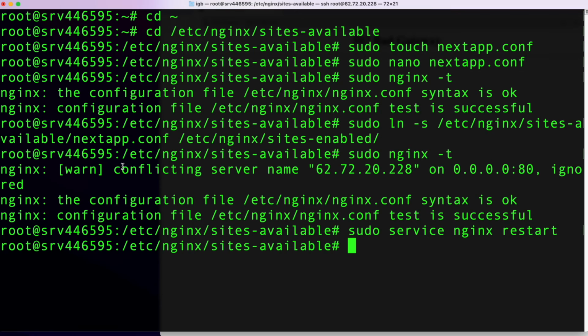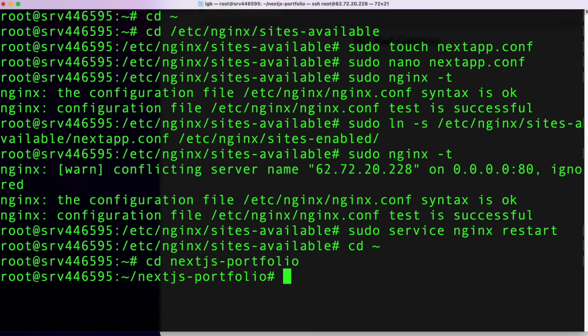Like I mentioned, what's going to help us run our Next.js application is PM2. So let's get out of this sites-available folder, and we're going back into our Next.js portfolio application. And in here we can start a PM2 process, so that would be pm2 start npm, and we're going to give it a name. Let's do next-app